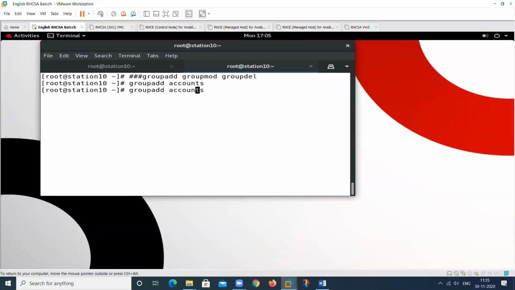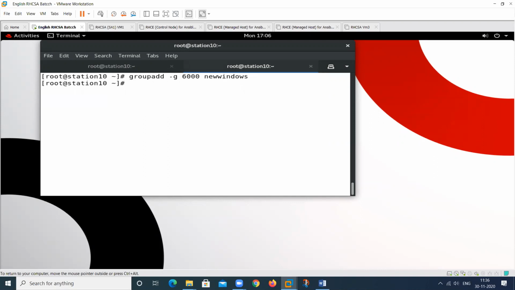So if we are creating a group with the -g option, and you want to provide the group ID, that is 6000. For which particular group? That is the windows group. I want to create a group that is the windows group, but it is already created. So type here a new name.